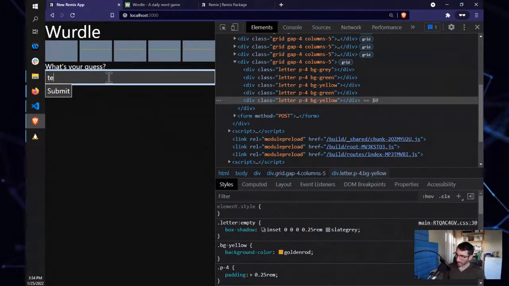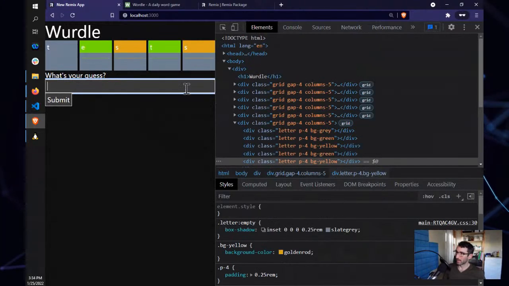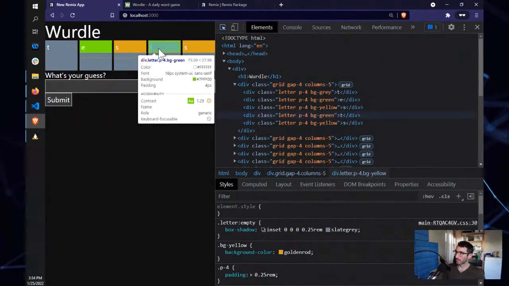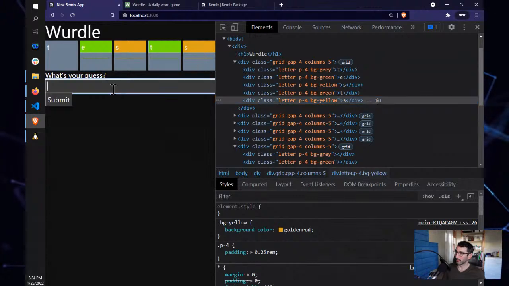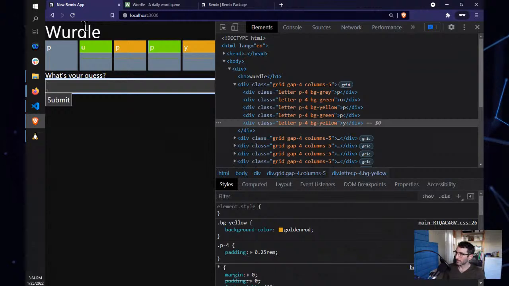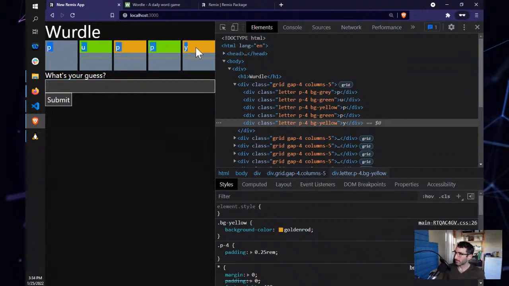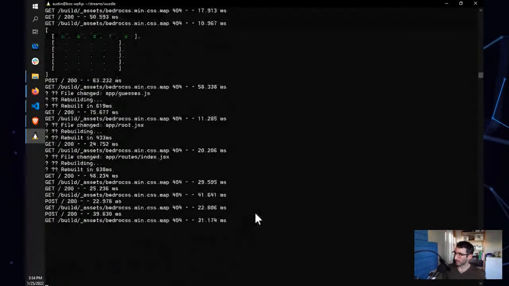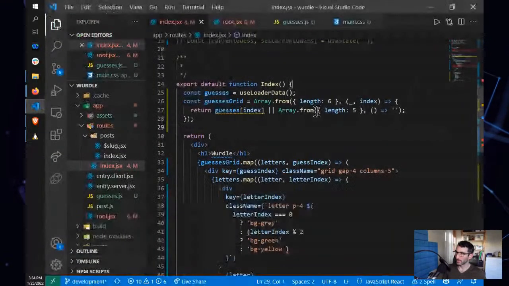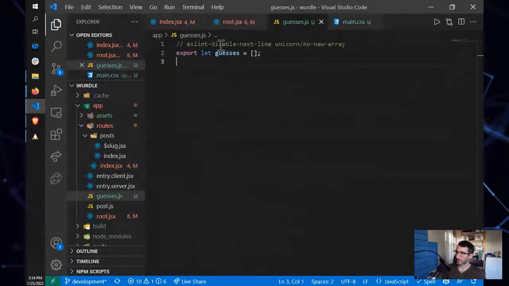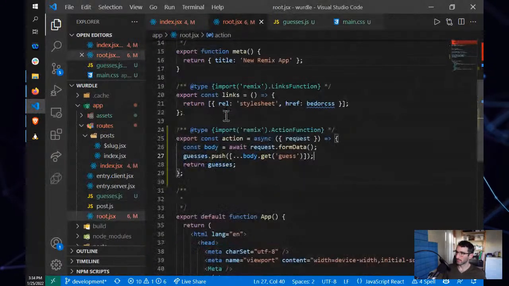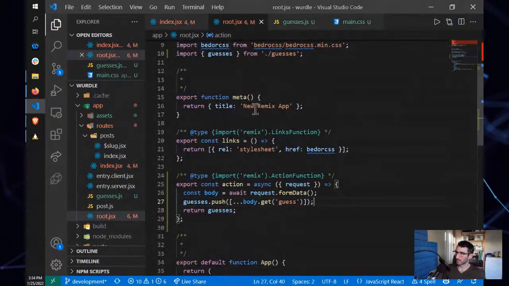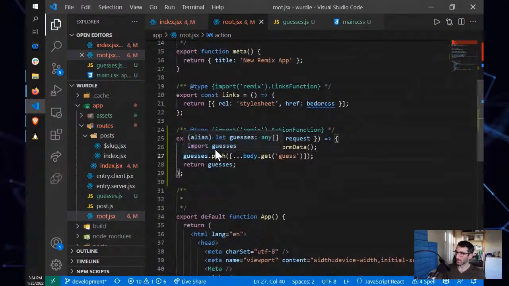And then if we say tests, we get our first row filled in, and then we say puppy, and that's not working. So that is not working because my guesses are being overwritten. That's fine. Root. My root action is saying,